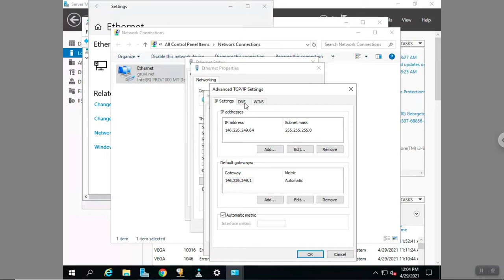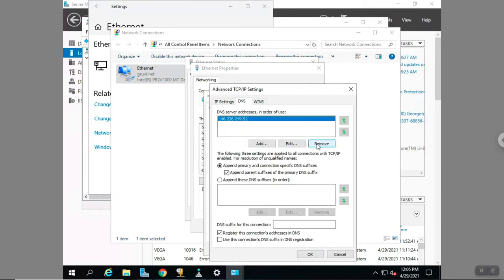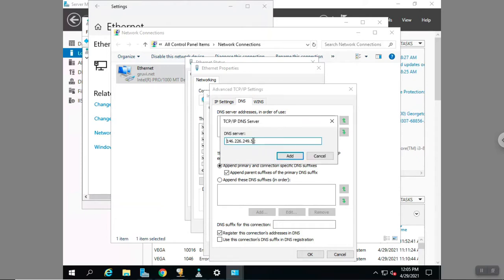You want to go into advanced and select DNS, and remove any previous DNS servers that are in there. And then add the IP address for your own DNS server. This is Vega. My address is 64. I want to use my own, so I'm going to enter 146.226.249.64. If you're at home, you're going to enter the fixed IP address of your own DNS server. But if you're on campus, you're going to use the IP address of your own system. So you're going to click Add,